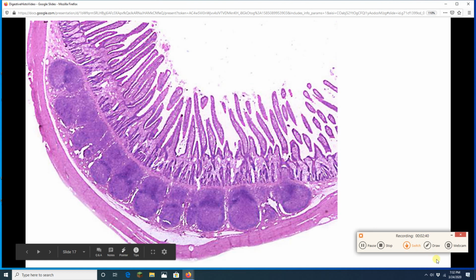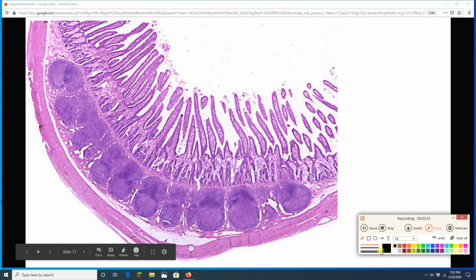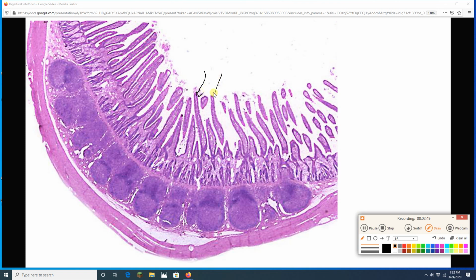Look at this guy here. First and foremost, check out the villi. Look at these villi. There's a villus. There's a villus. Even these little chunks are cut off pieces of villi. All these guys are villi. More villi, more surface area. When we zoom in, we'll notice that purpley edge right there. That's going to be the epithelium. And then the actual core of the villus, what I'm scribbling on right here, that is the lamina